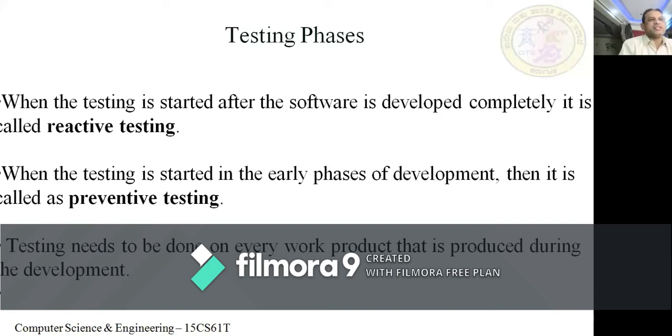When testing is started in the early phases of development, it is called preventive testing. Testing needs to be done on every work product produced during development. As we discussed yesterday, testing has to be done at every phase: requirement phase, design phase, coding phase, and so on. It should not be done only at the end. It's better to test at every phase so that a good quality software can be developed.